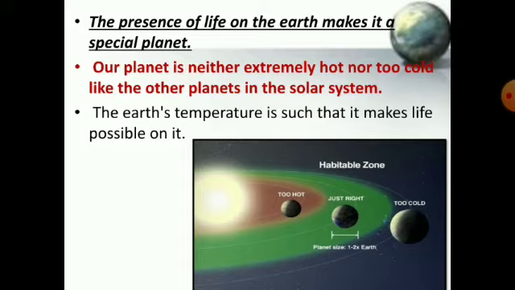Our planet is neither too hot nor too cold like other planets in the solar system. The solar system has so many planets, some are too hot, some are too cold. You can see in the image that the planet which is nearer to the sun is very hot, and the planet which is very far, the last one, is very cold.